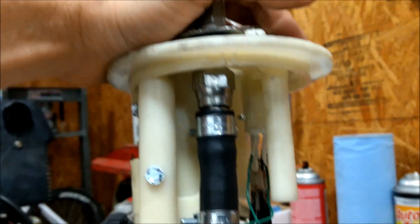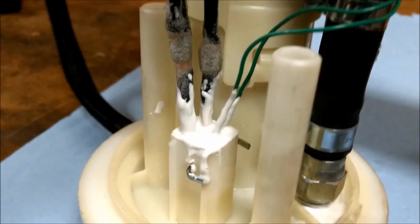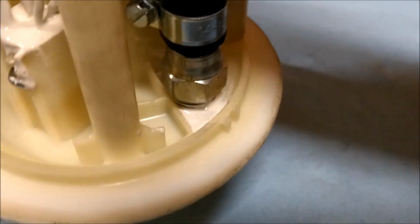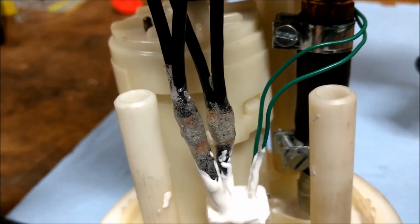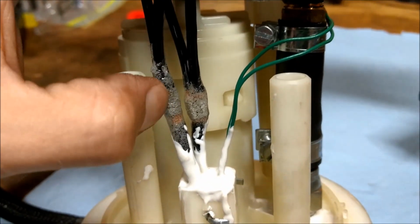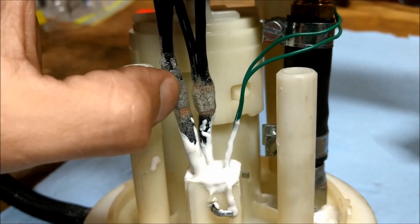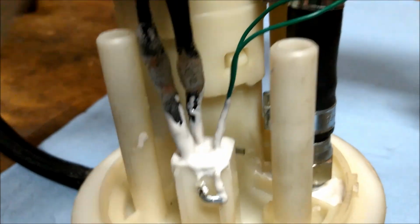Got my 3/8 bulkhead fitting up there, and I put some epoxy down inside there. Well, I put epoxy in there because that's where it was leaking from, so that's completely sealed off now. And then what I did here is, because I don't have a connector, I was going to use this clear seal-all stuff, but it never really gets hard. It still maintains some amount of flexibility. So I'm using it to insulate these 2 crimps from touching each other,